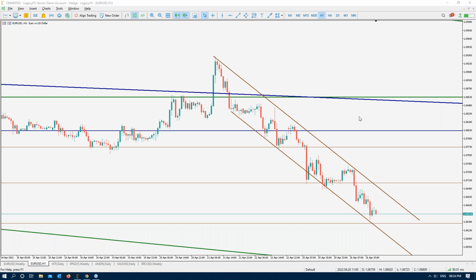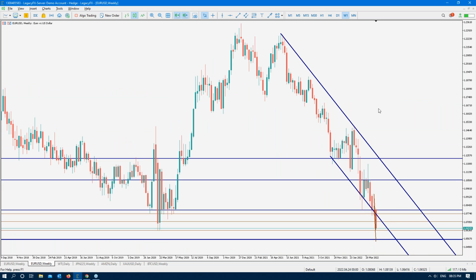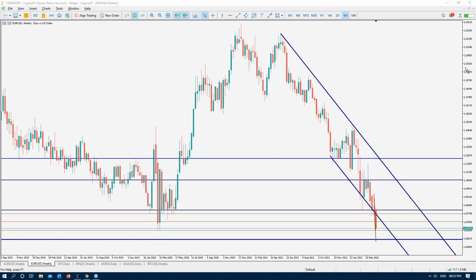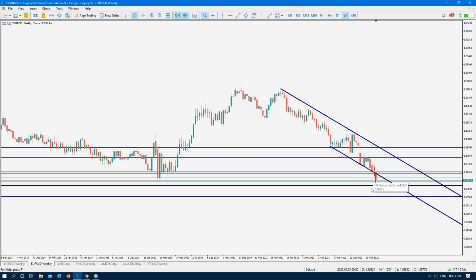Yuri, you're spot on. So the execution you do in the smaller time frame. Now, there is a side note to that. We look at the big picture to see where the market is, and if we are at a resistance or